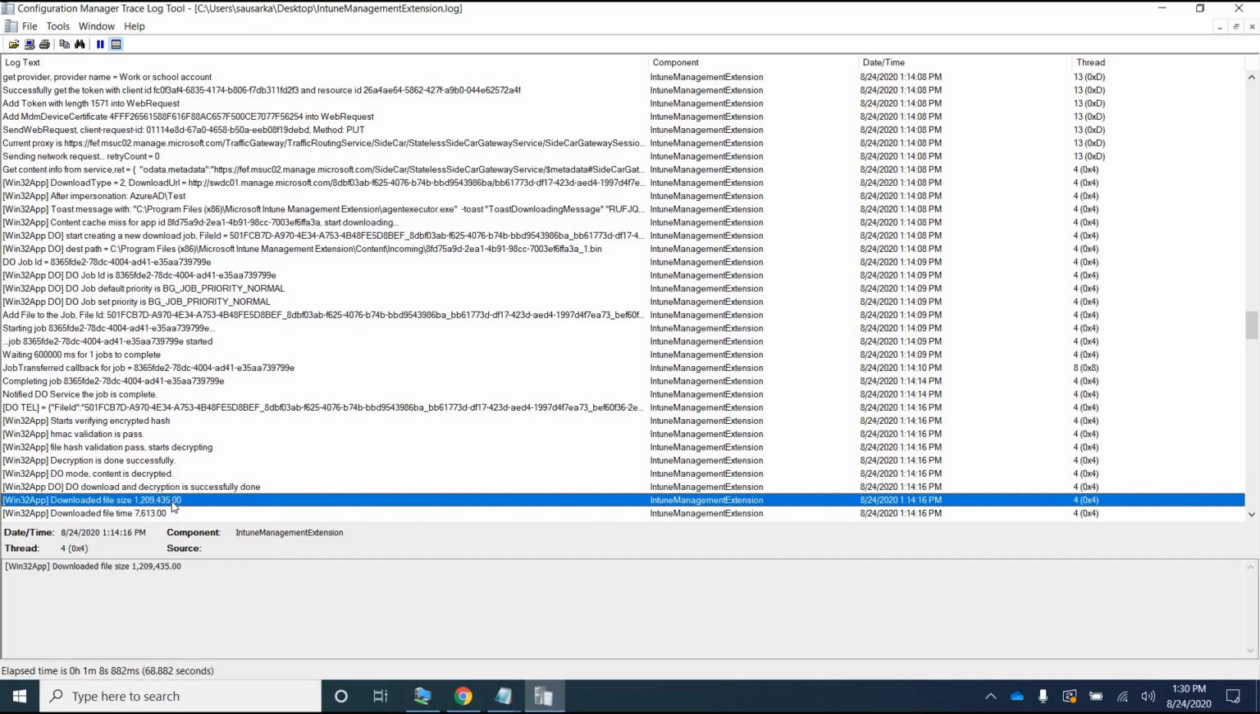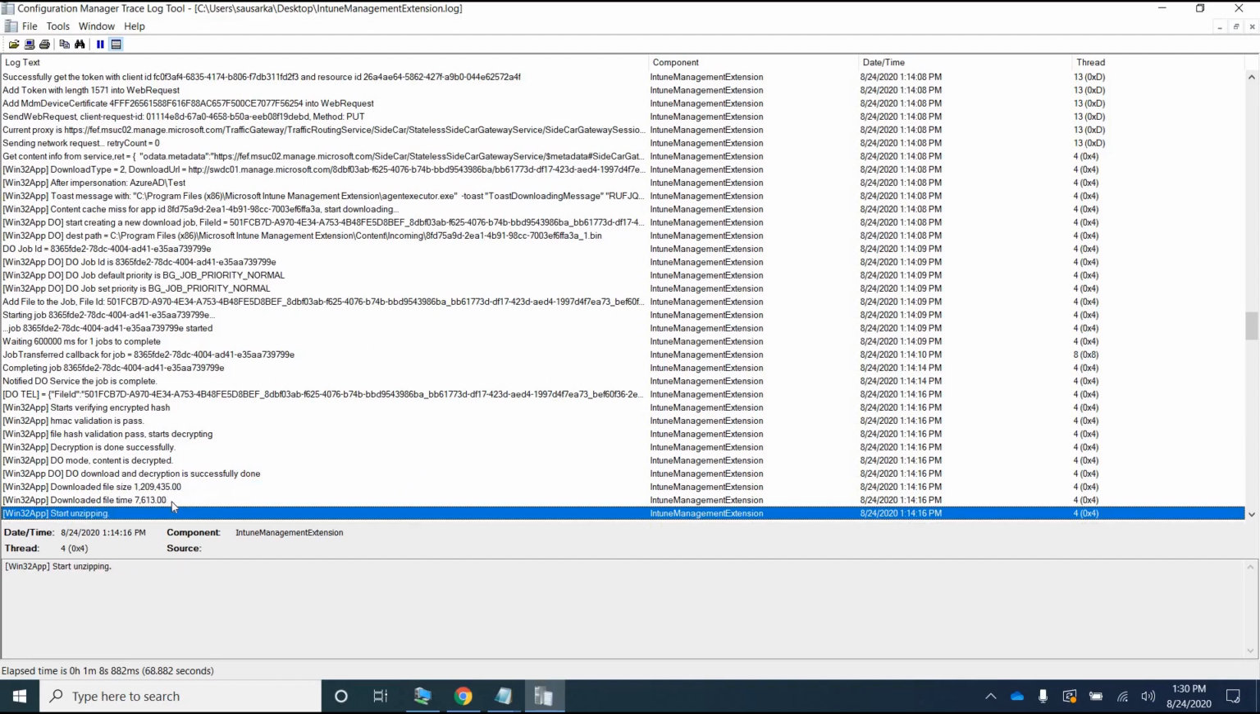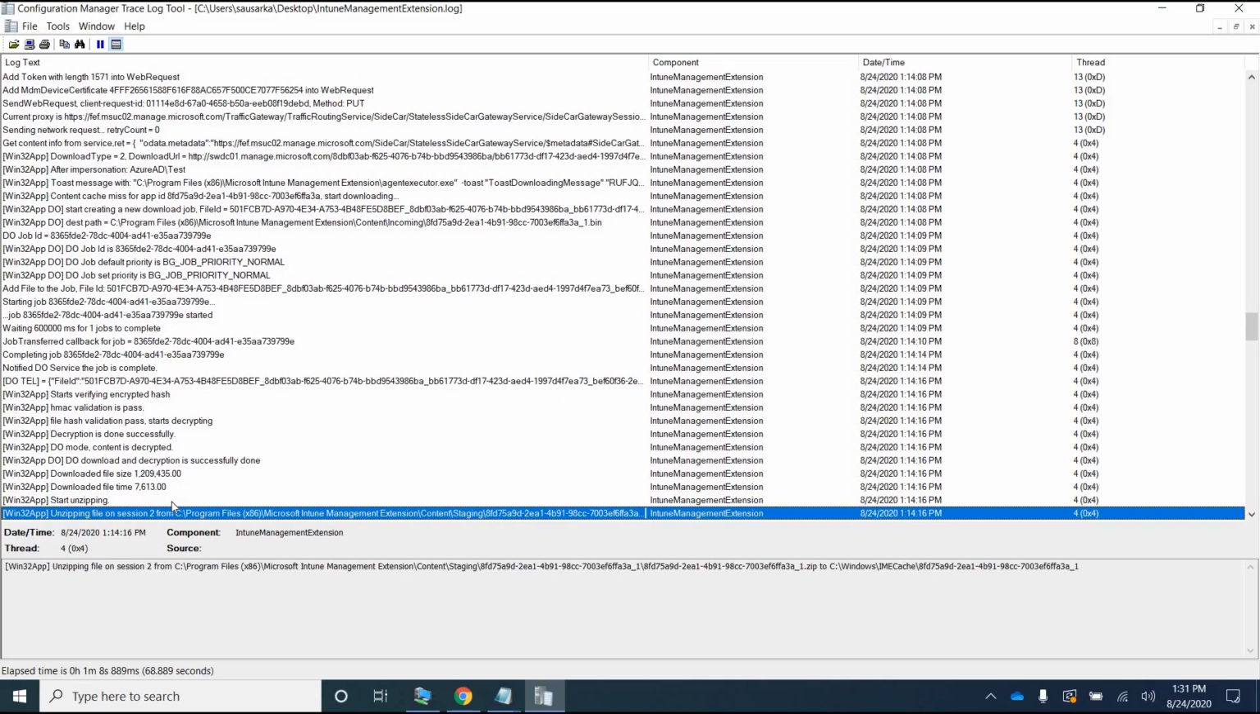We see a consolidation of all that happened, the download file, the time that it took and the size of the file that was downloaded. And obviously the download is done, the file has been decrypted. Now that package can be unzipped. So it's trying to unzip, and now you see that the file is moved to another folder that is staging